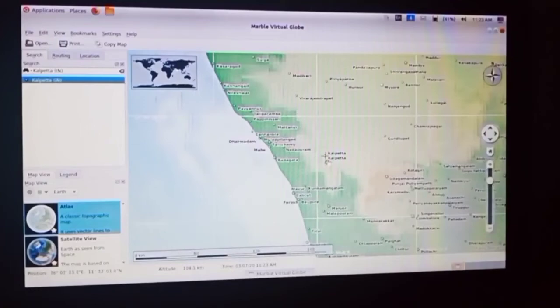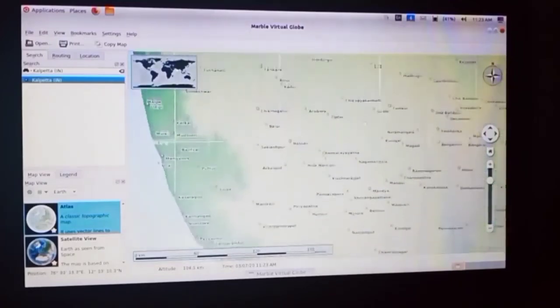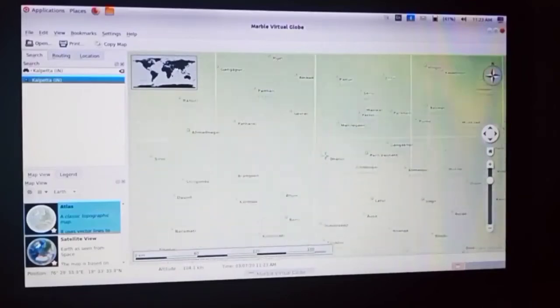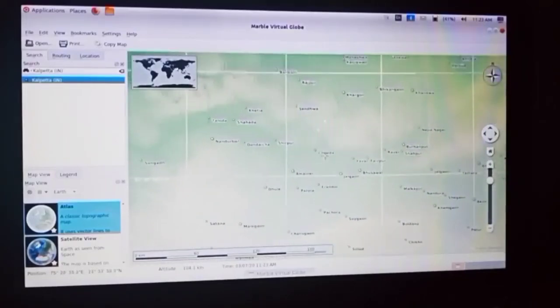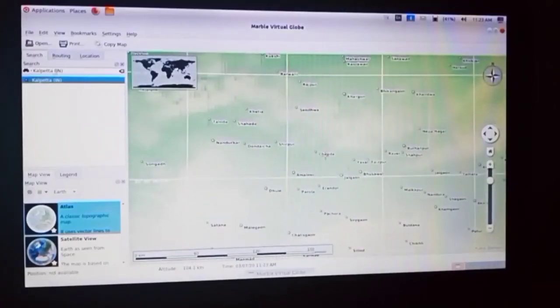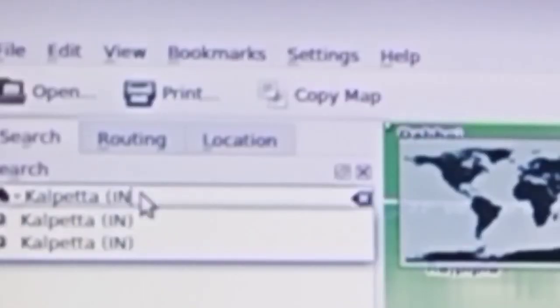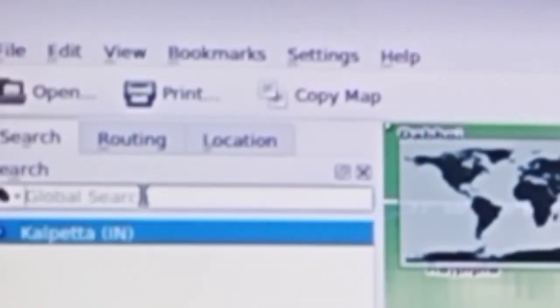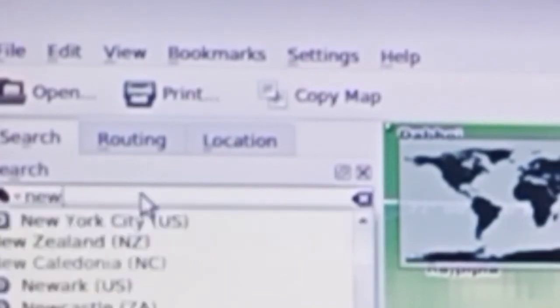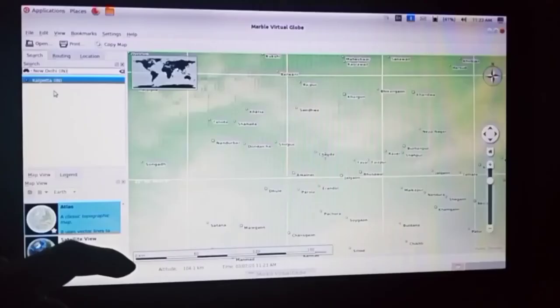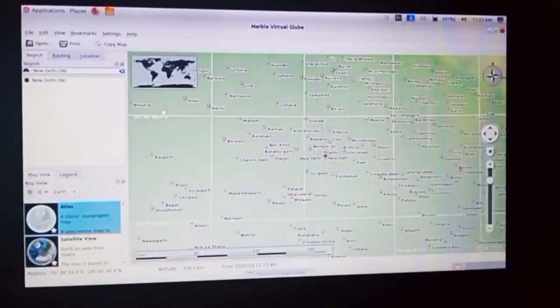Okay, so here you can see Kalpata. We already added the measure point. Now you want to find New Delhi. If you feel difficulty, you can type New Delhi here. Click on enter key. Here you can see New Delhi.